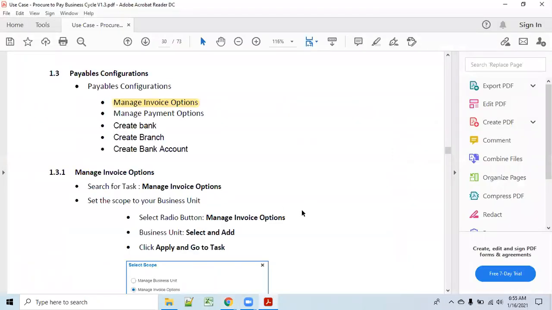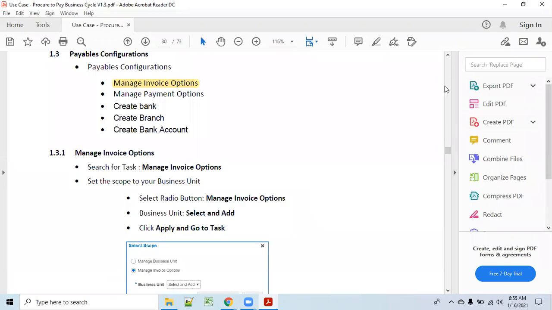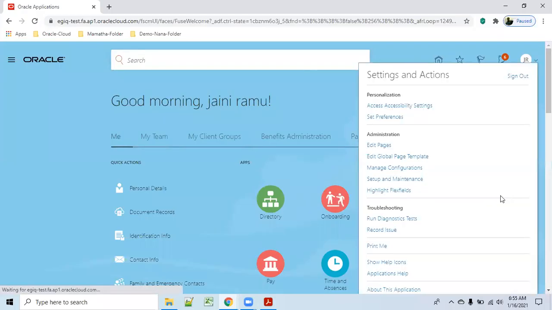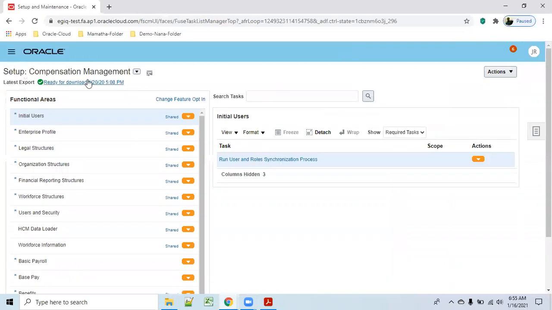Need to see why they are not allowing. Okay, go to setup and maintenance. Because scope we have to select. That is the reason, I guess.